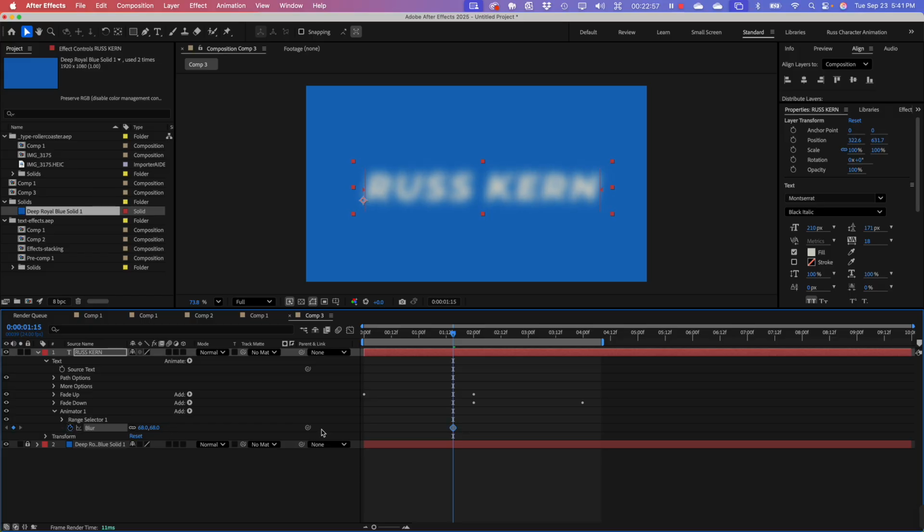All right, so let's do that. Let's set that nice and blurry. And I want to drop that back here to the beginning, and then duplicate that keyframe. Just select it, copy it, come out here, paste it. And then maybe right here in the middle, I'll go back to 0. So now when this animates in,